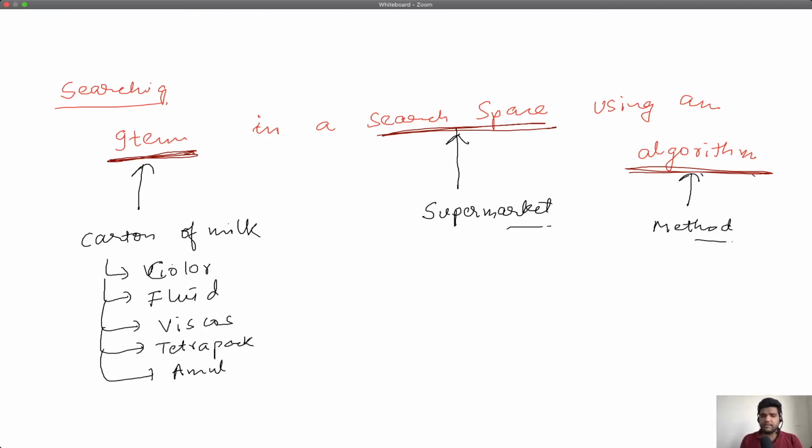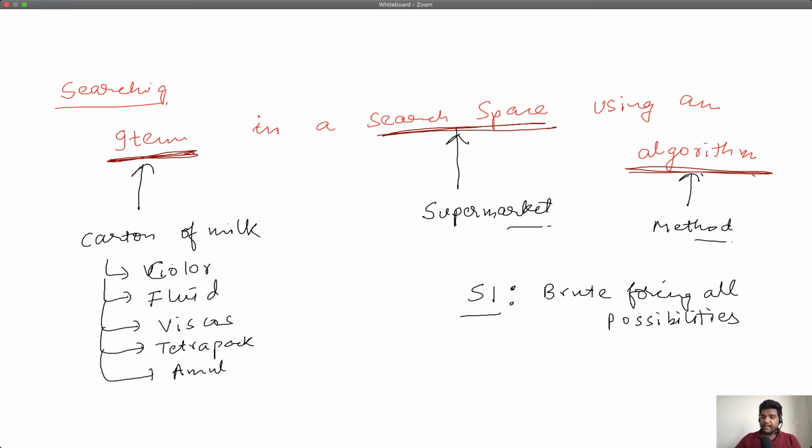For instance, in the first scenario, if you remember, we were just brute forcing all possibilities. What does that mean? We were simply inspecting items one by one and checking whether they match the properties of the carton of milk that you are looking for.